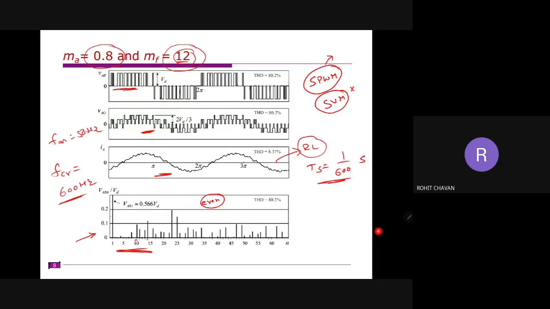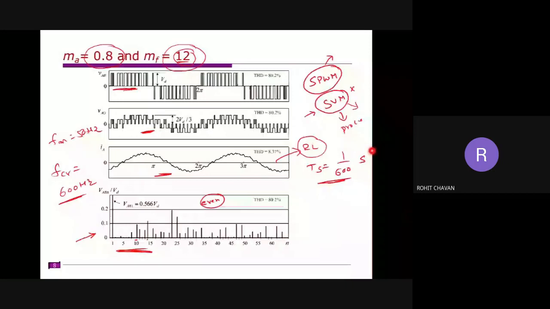Whereas in SVM, whatever program is stored in the processor, every time you need to give a pulse. If something goes wrong, it is difficult to see inside and repair that. So most of the industry will not go for it. But when you want precise operation, and if you want to increase the output voltage, nowadays they're moving to this SVM.